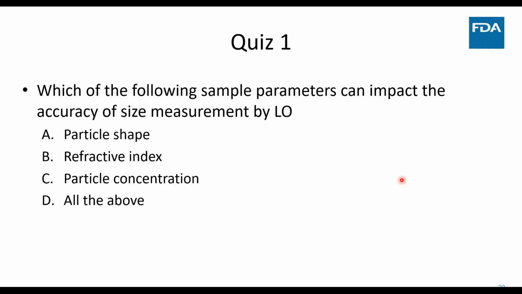You could also have orientation effects, right? Based on how the particle is oriented, the amount of light obscuration would change. Refractive index, we have talked about it and its impact on contrast, and particle concentration. Very low particle counts, you have high error margins. Very high particle counts, you run into the effect of having more than a single particle going through your measurement zone at a time, and then you could be undercounting your particles. So great, most of the answers were right. So let's move on to